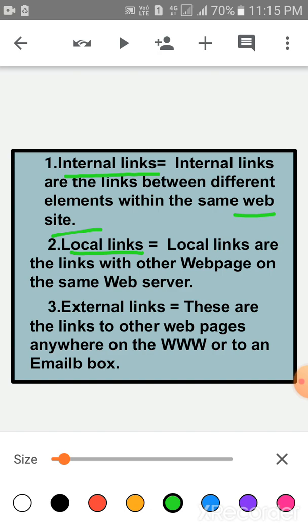Local links are the links to other web pages on the same web server. And last is the external link. External links are the links to other web pages anywhere on the WWW or to an email box. Okay children.